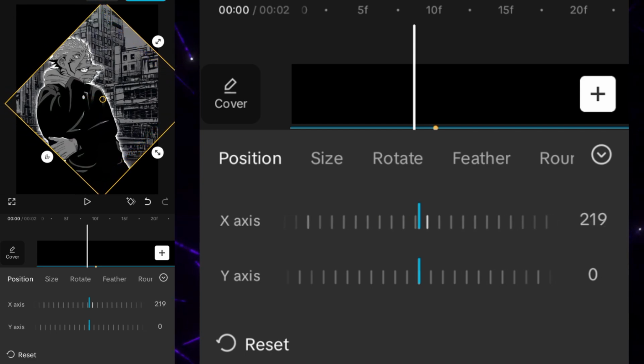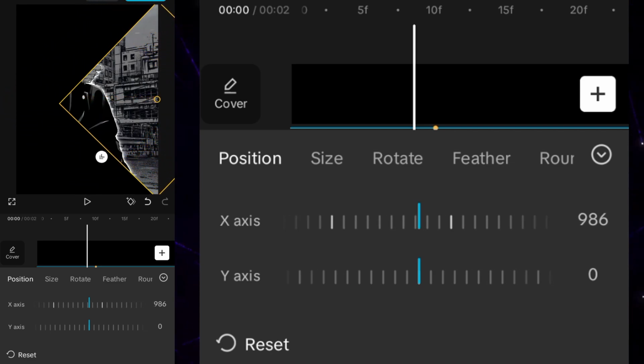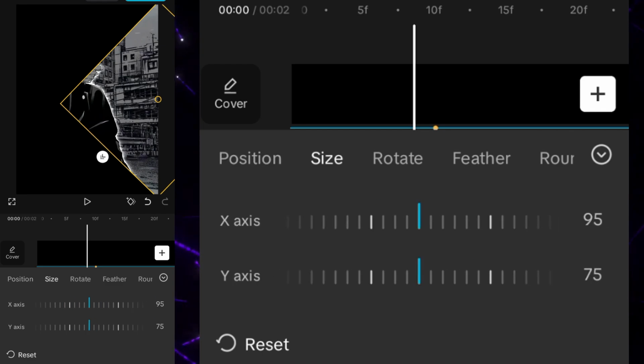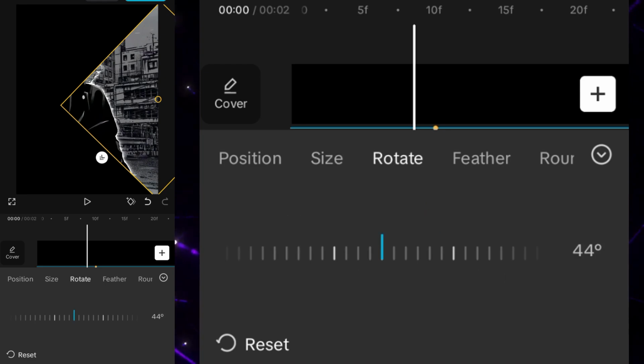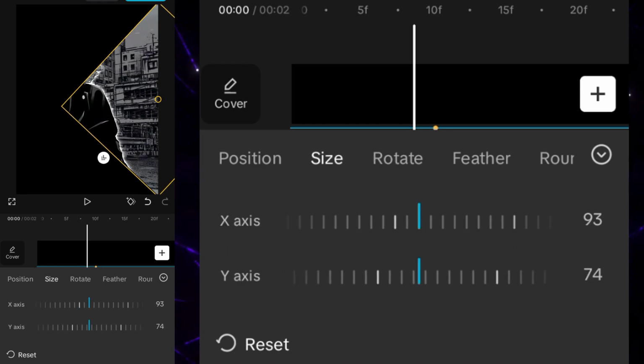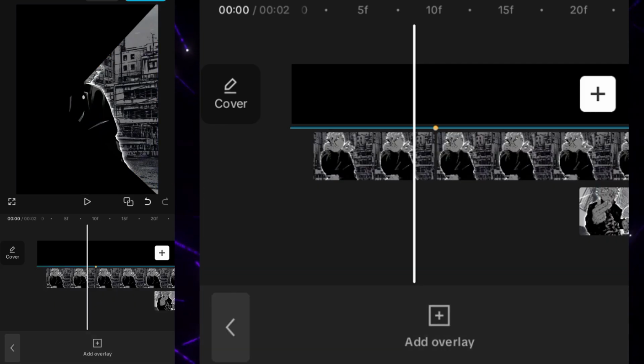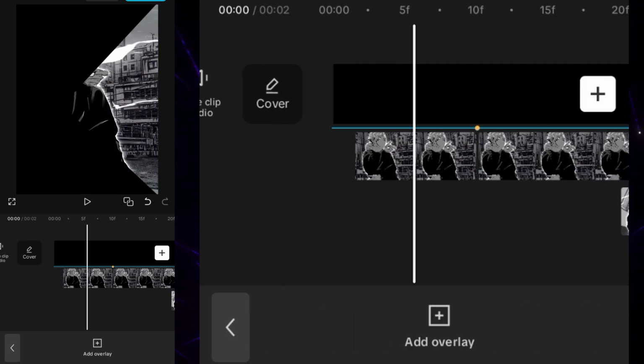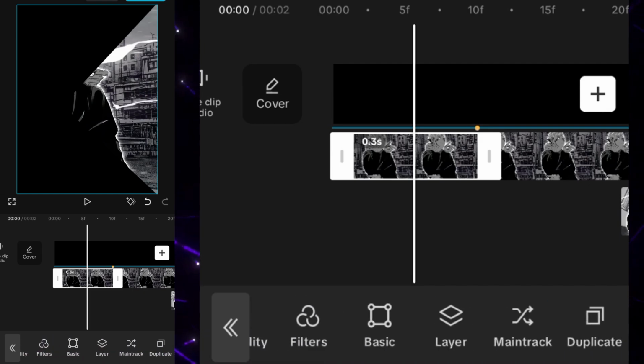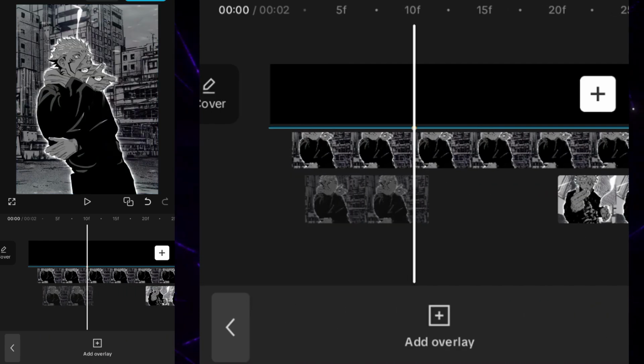Then we will go to the position of it and we'll set the x-axis to 999. As you can see, now we have a little bit of a triangle-type shape, but we can also adjust it by the size and rotation of it. After you're satisfied with this, make a duplicate copy of this and adjust it